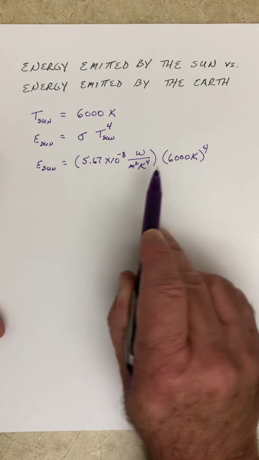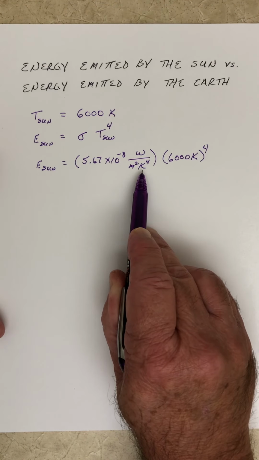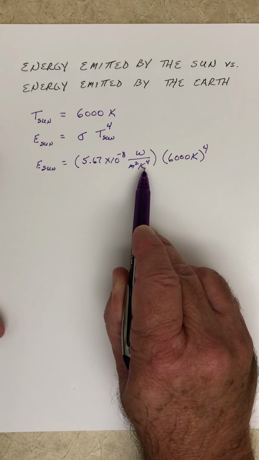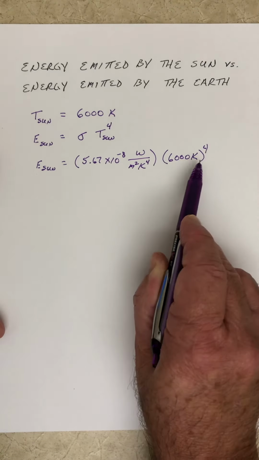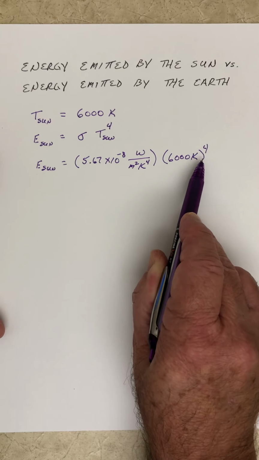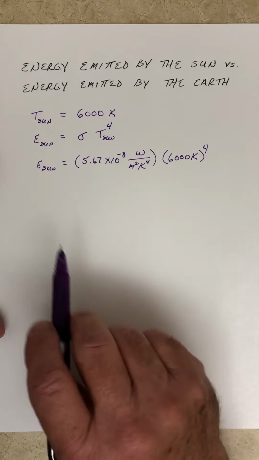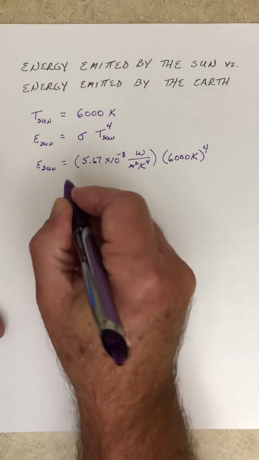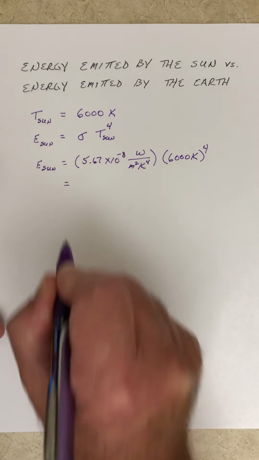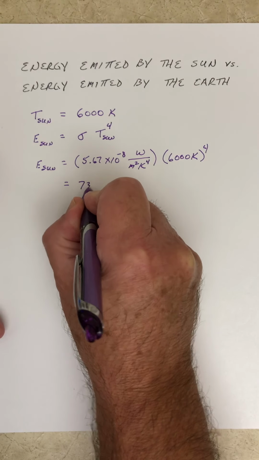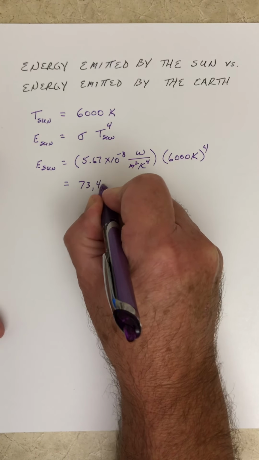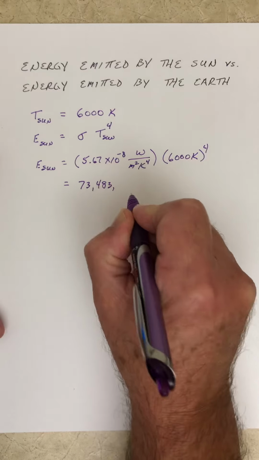Notice that K to the 4th is in the constant, and K to the 4th is in the temperature raised to the 4th. So the K to the 4th is going to cancel out in the end here. This is going to leave us with 73,483,200